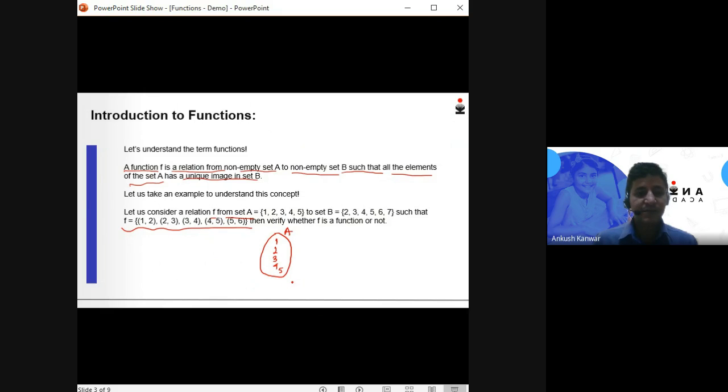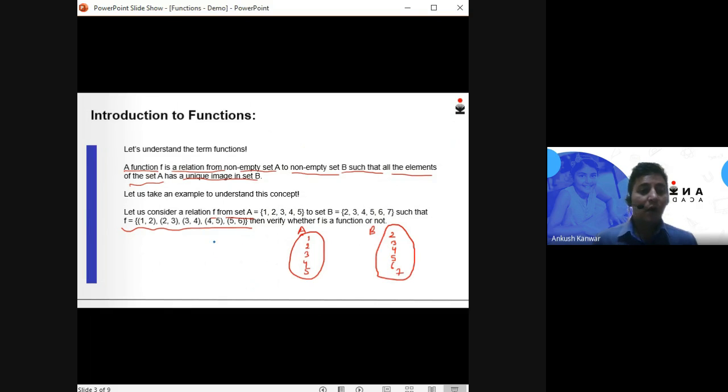And this is my set B. What are the elements that are present in set B? The elements are 2, 3, 4, 5, 6, and 7.